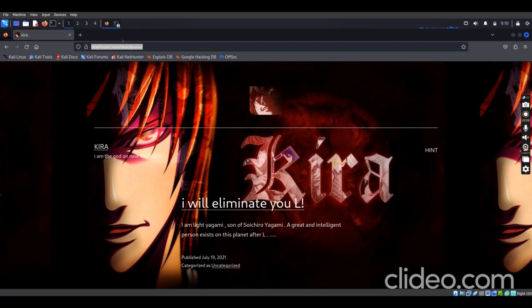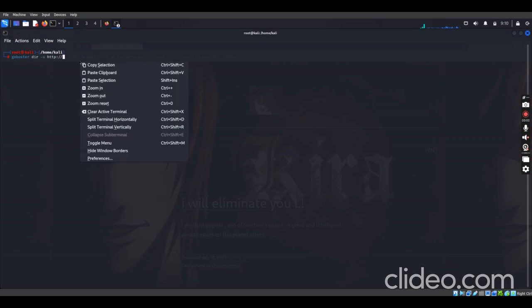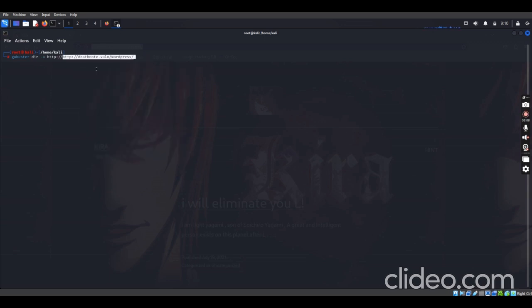So what we'll be doing is telling this tool to list out the directories under this website, so that we can see those directories and folders.